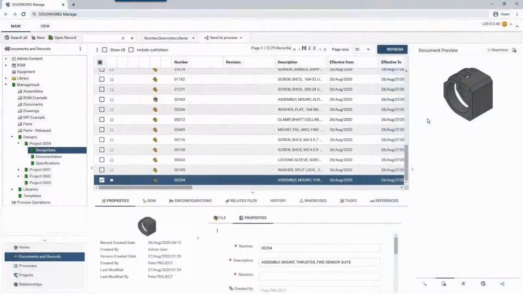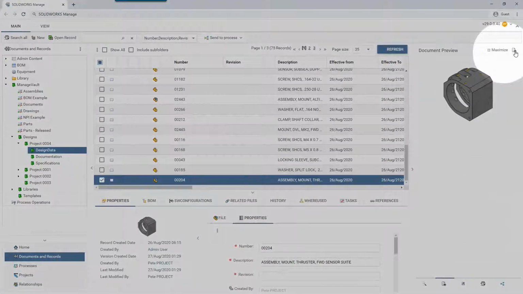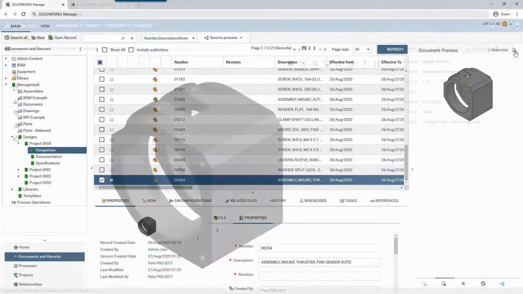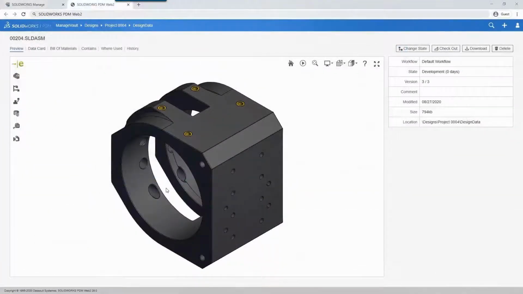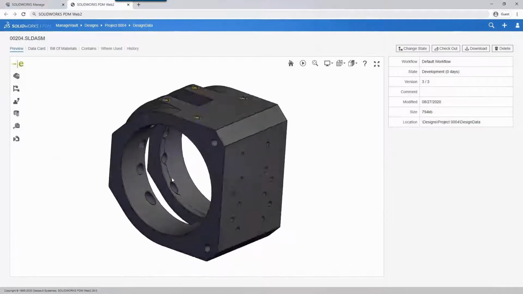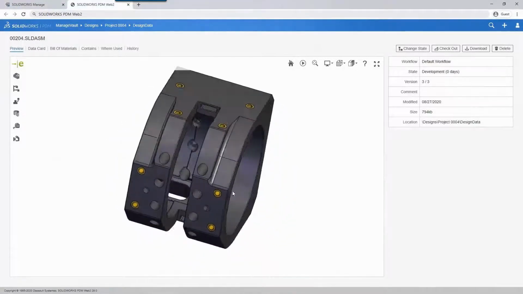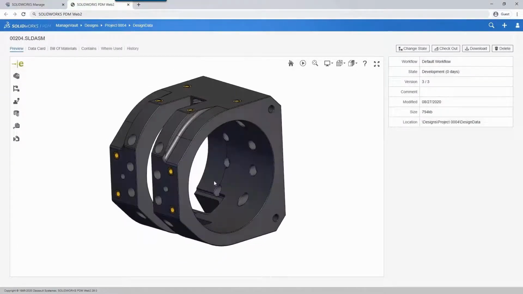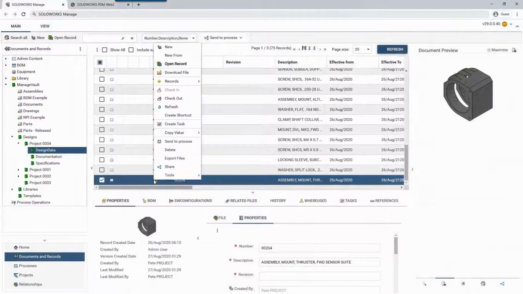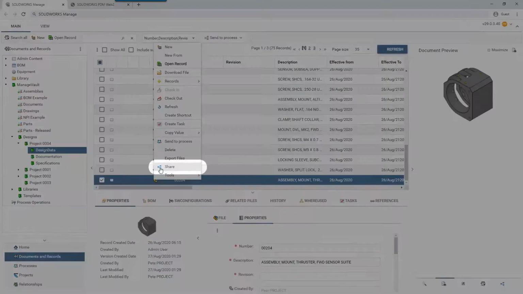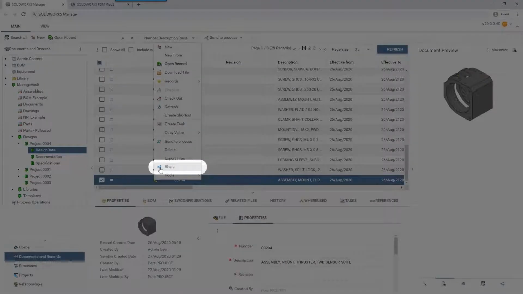New for the web client in Manage 2021 is the ability to preview SOLIDWORKS CAD data using the capability of eDrawings on the web. This full previewing capability comes from PDM Professional on the web. So this is finally available to users on